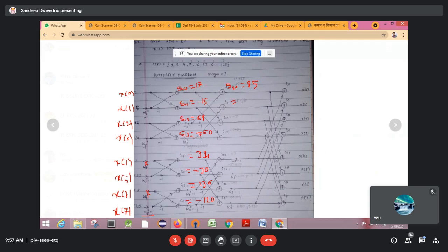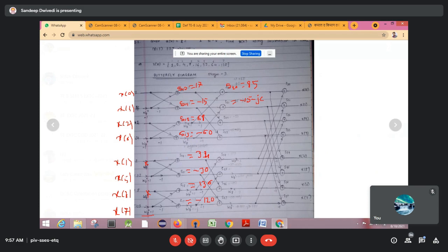Multiplied by the twiddle factor, this W8 raised to power 2: it is a 2, that means it is a minus j. So minus j will be multiplied over here, so this will be simply minus 15, this value will be minus 15 to minus j